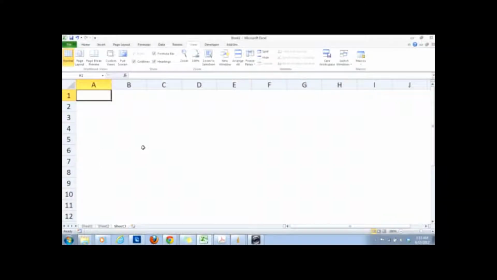Hi everyone, in this tutorial I will show you how to simulate random walk of molecules using a Monte Carlo approach in Excel sheet. For this simulation we need to use a random number generator in Excel, which is defined by =RAND(), and this gives a number from 0 to 1. We can also modify this number by saying 1 minus 2 into RAND, which gives a random number between -1 and 1. I say press enter.